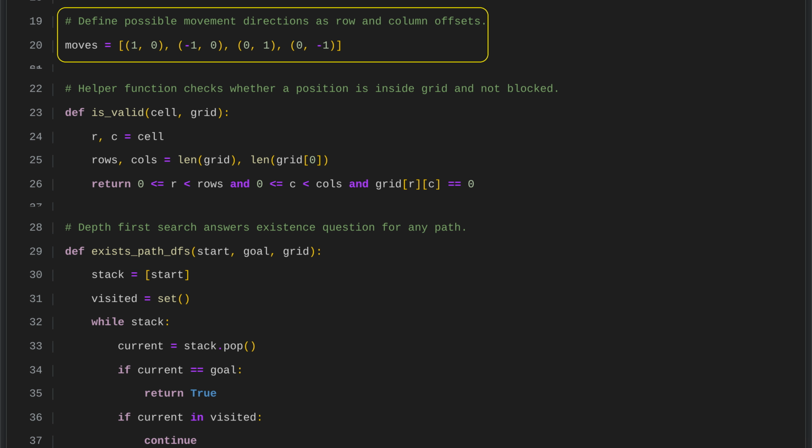We represent movement in a grid using a list of direction pairs, where each pair gives the change in row and column. One pair moves the position down by 1 row, and another moves it up by 1 row. A third pair moves the position right by 1 column, and a fourth moves it left by 1 column. By applying these row and column offsets to the current position, we can navigate the grid in the 4 basic